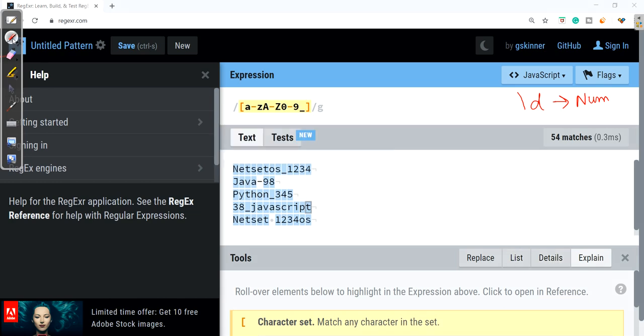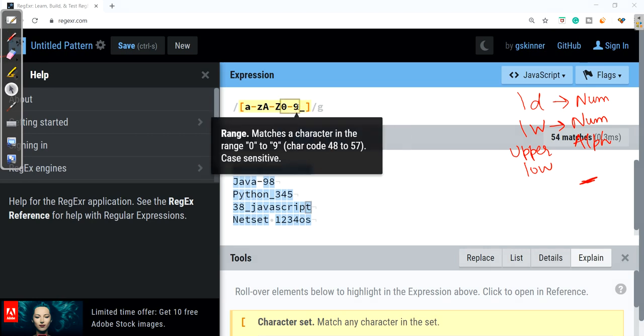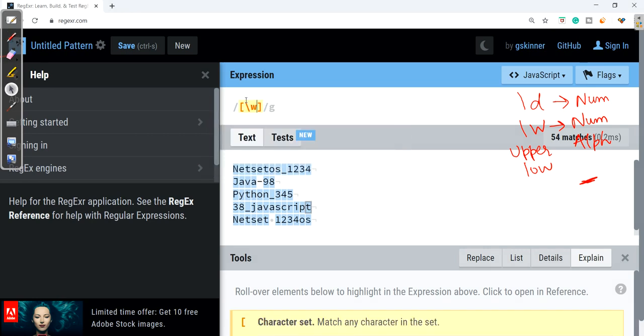Here we can make use of \w, where it will match all the numerical values and all the alphabets, whether in uppercase or lowercase. With this it will take underscore also, as we have defined over here. So I'll take \w.